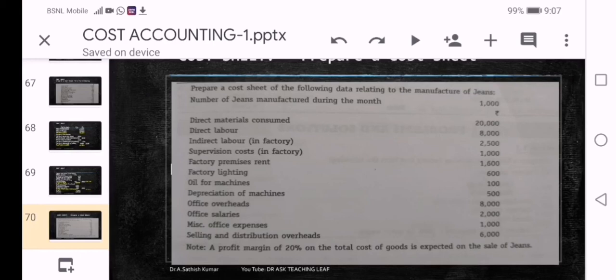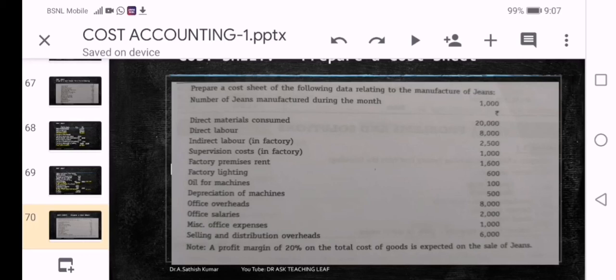If you are facing any difficulty in identifying a particular item, whether it is a part of prime cost or other overheads, and if it is an overhead, which overhead, whether it is coming under factory overhead or administrative overhead or selling and distribution overhead, you can ping me in the chat box so that I will give you clarification.